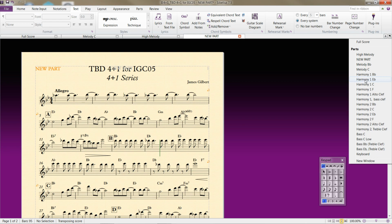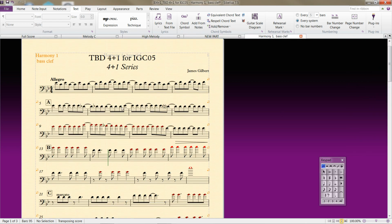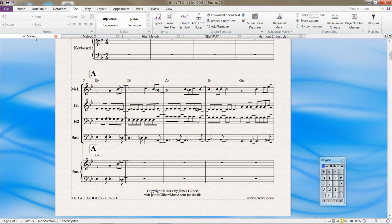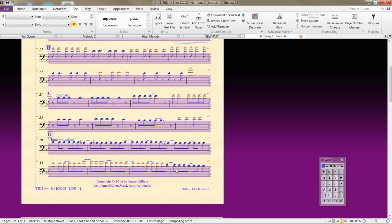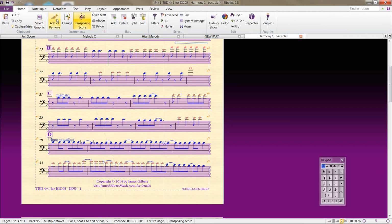If we go to Harmony 1 bass clef, this was originally in the treble clef part. If we look at the full score here, Harmony 1 is a treble clef instrument, but here it's in the bass clef. So what we did was you took the original part, Harmony 2, selected everything, changed the instrument,